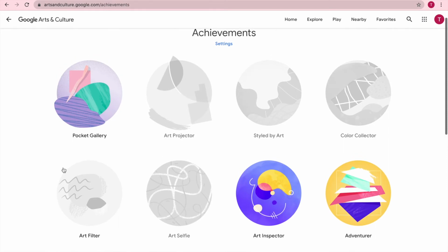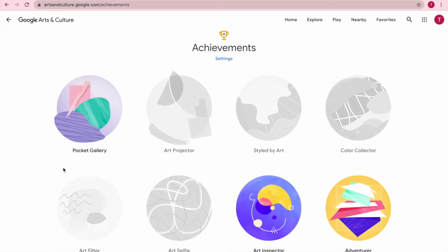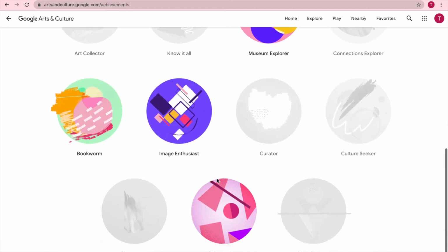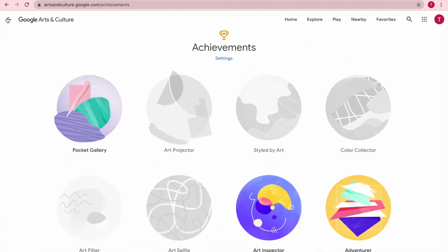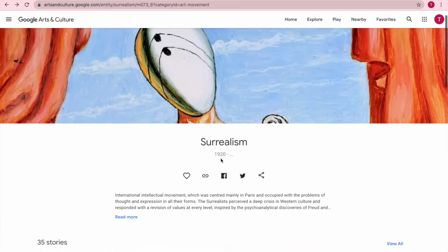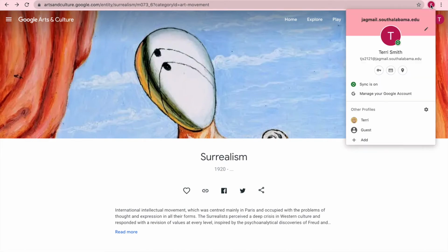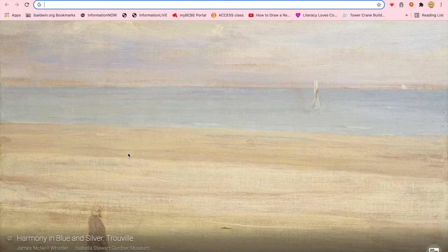I've not looked at this much using my university account. On my regular, well, I'll say my work Google account, let me switch to that. You can see here I've been able to add an extension. I noticed that in the university Google account you can't do this, but if you have a regular Google account,